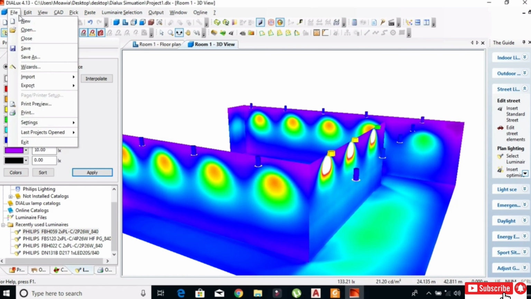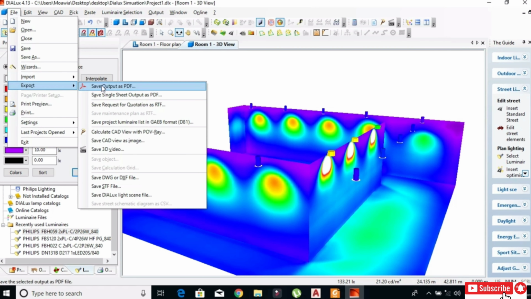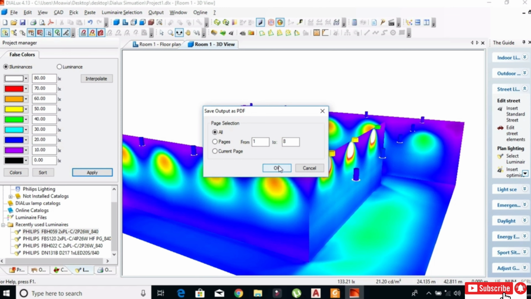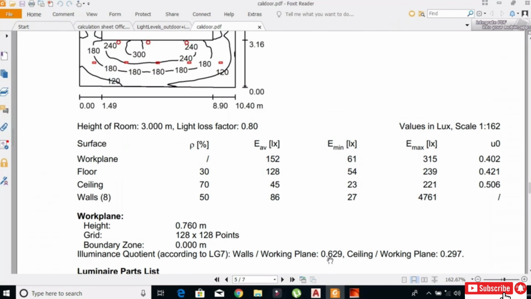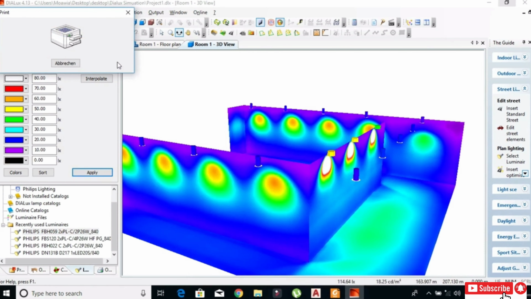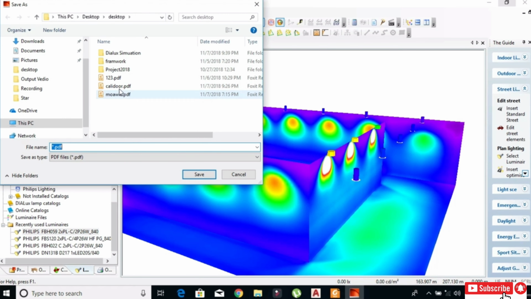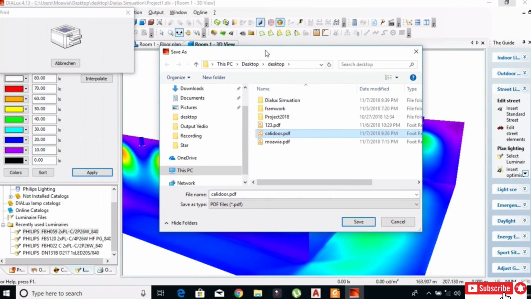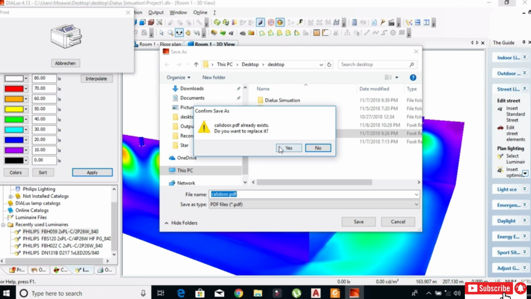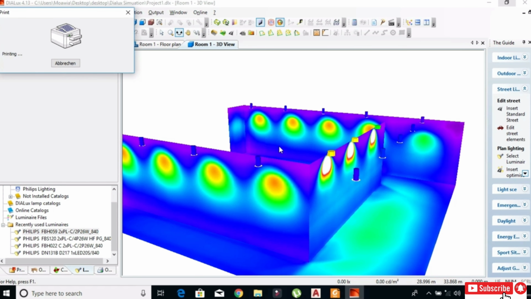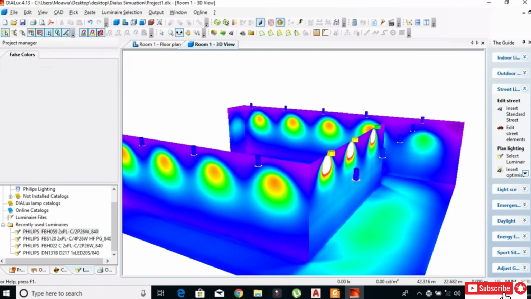Now I will export my file again. Export, output. Okay. Here we'll close. It asks me, I will copy the same file, save, yes, replace, finish, and also open this file.